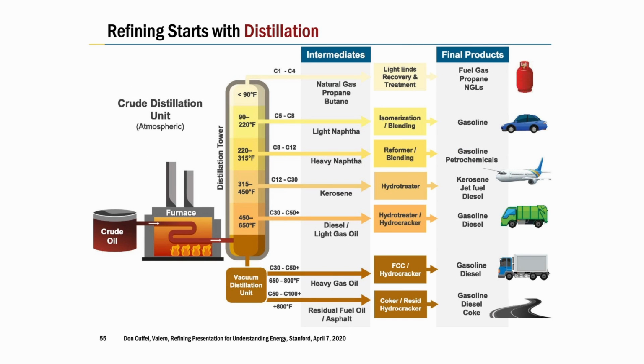As you guys were quizzed on, our distillation column, what are we doing? We're just heating up the oil and separating it out by vapor pressures. And so every refinery will have a distillation column. The most simple refineries just have a distillation column. I mean, you could just separate out the fractions, take it off the distillation column, and use them for whichever mix of oil that you have. Okay, so you're separating them out. So you can see that our gasolines are kind of the lighter stuff. And then of course, down at the bottom, we have things like our diesel and then our asphalt and bunker fuel coming off the bottom of the barrel.